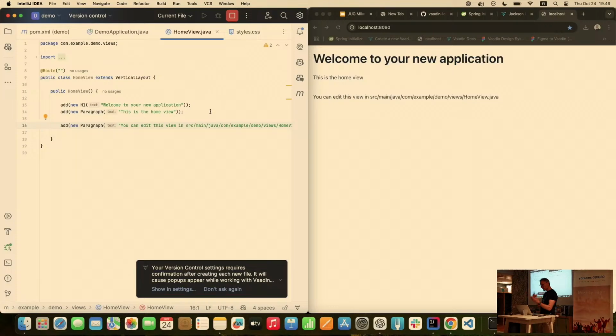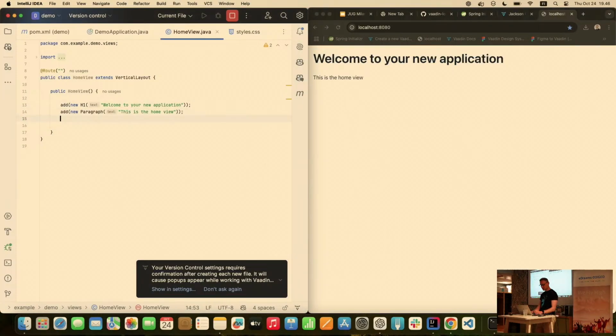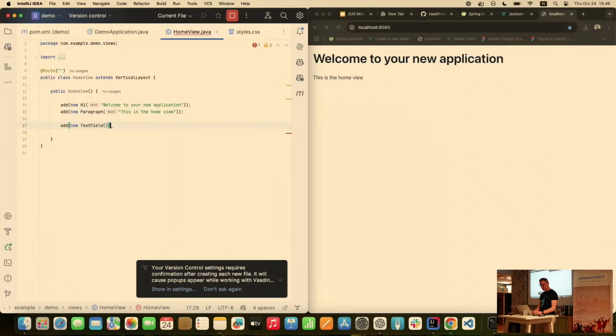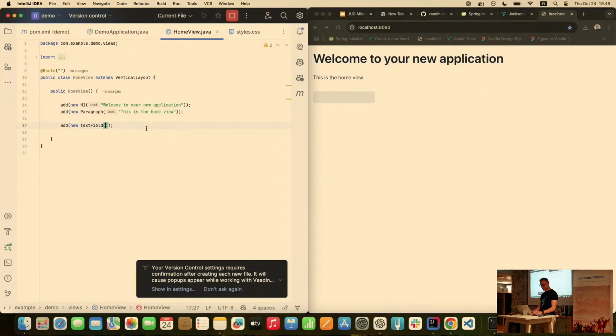So yeah, the client and the server, because we do control both sides. So we are the full stack dev framework, so we can do that also on the development time. So now with the hot swap agent, I can edit the UI here, and I can save it, and I can see the changes here immediately. So now I can start using Vaadin components. So if I want to add a text field here, I can add a text field here. So now I have text field in. Oh, it was missing the